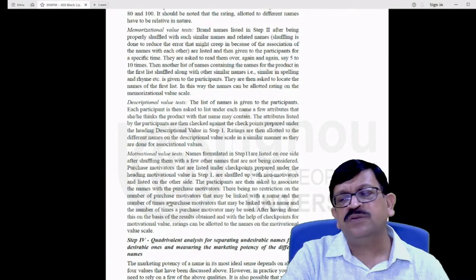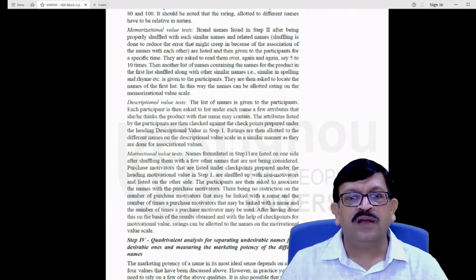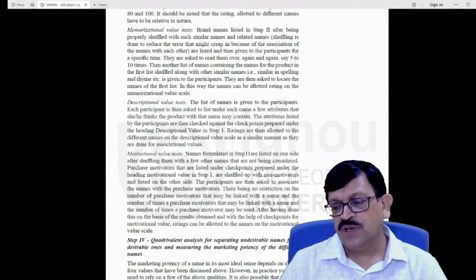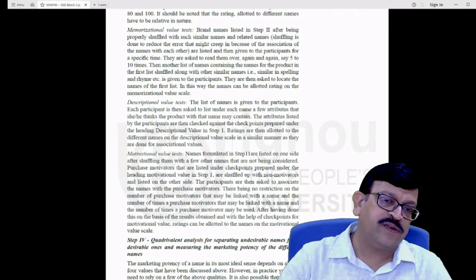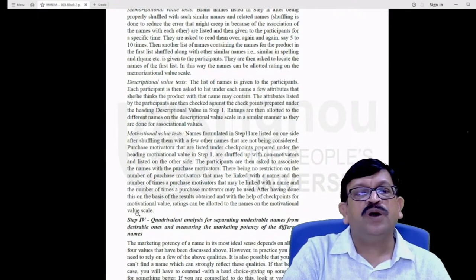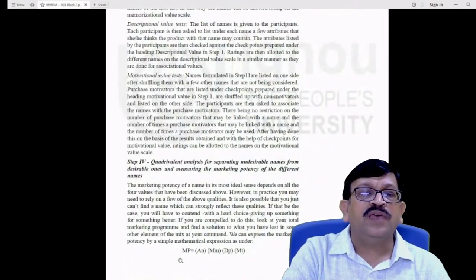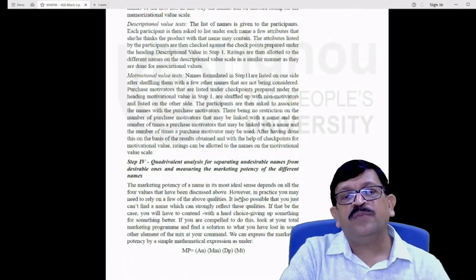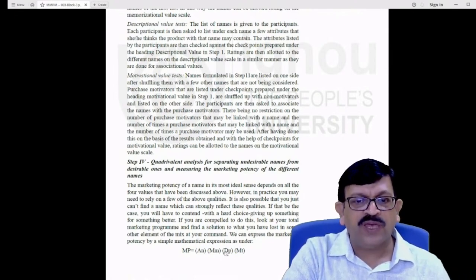So if you're talking about certain points of motivation, what kind of motivators are listed with the certain names? So you're trying to associate the list with the names right now, which has been identified. Next, we put it into a quadrivalent analysis, where we try to see that any one of the parameters is not sufficient enough to come up with the potential.